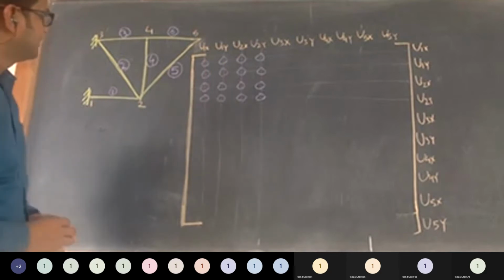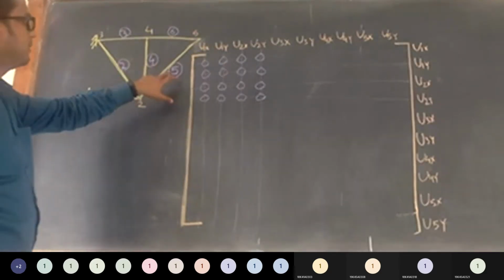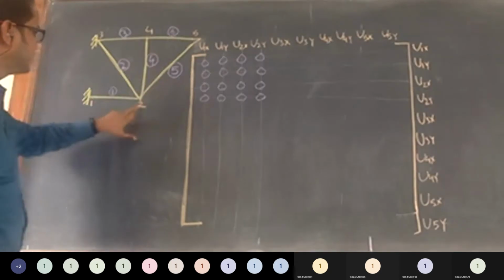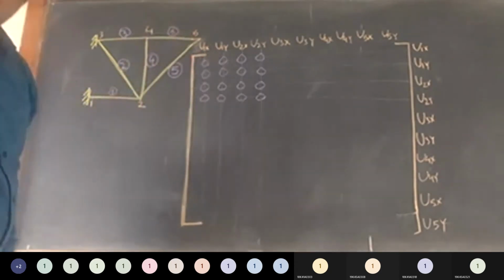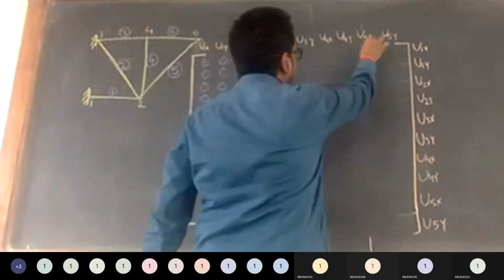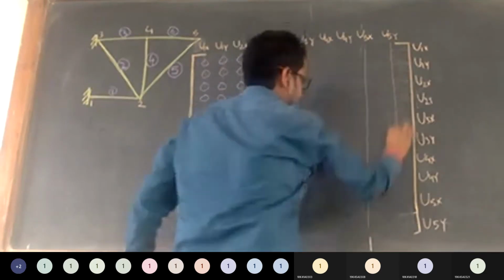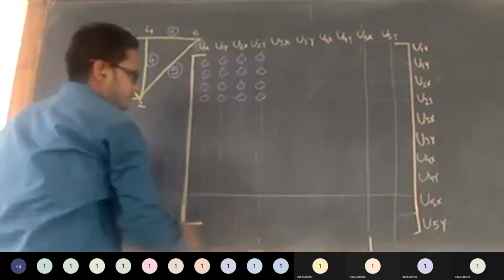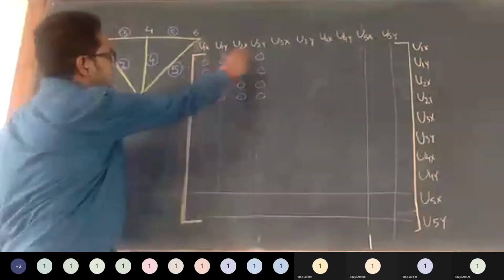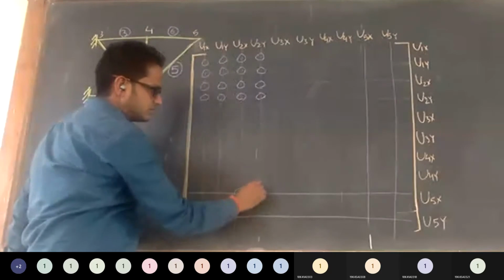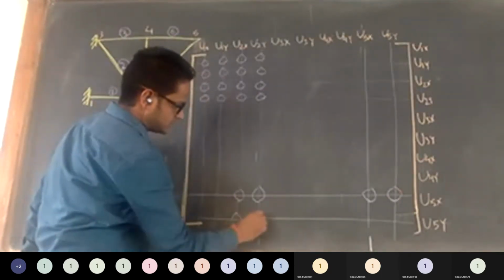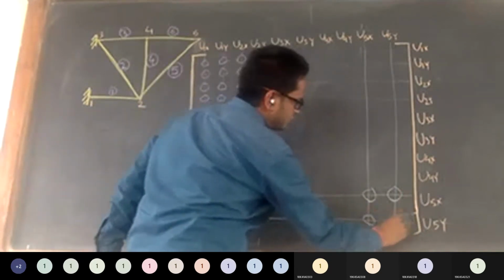Similarly, suppose now I am taking element number 5. Element number 5 you can see here. Now I am taking this, it is between 2 and 5. So let's see, this is the line for 2 and this is the line for 5. So now what are the common points that we are getting? We need a 4 cross 4 matrix. So this is your first place, second place, third and fourth.